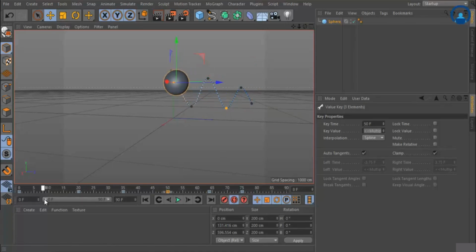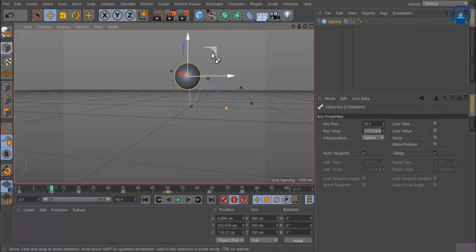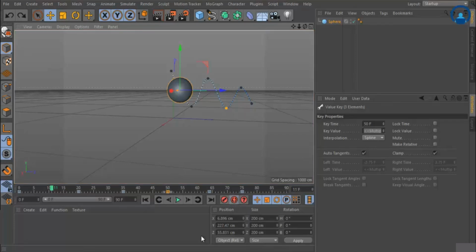If you want to create a new keyframe in between, if you are in auto key mode, you can directly create a new keyframe. That's an easy way. Or if you're not using auto key mode, you can press Ctrl and click on this timeline to add a new keyframe, and then you can move it according to your animation need. So I just undo that. This is another way to add a keyframe inside Cinema 4D.